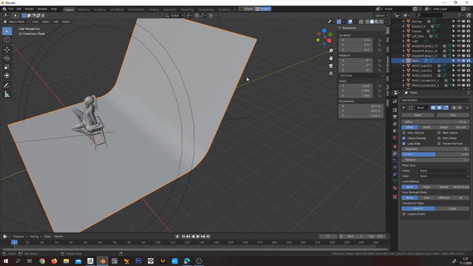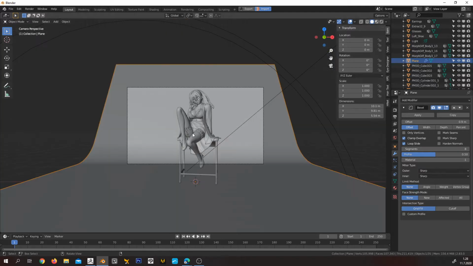I think this is how Scott showed it, if I'm not completely mistaken. I guess the edge doesn't really matter. It depends on the camera view. If you look at the camera and you don't have the bevel here,